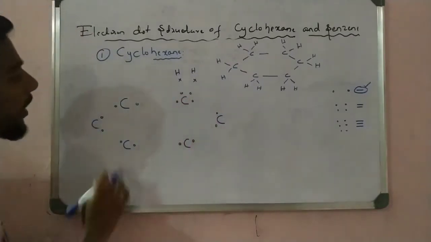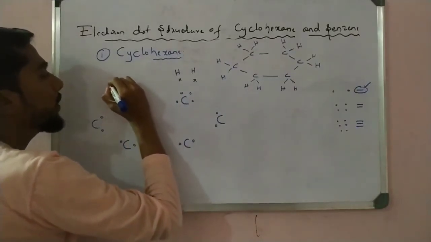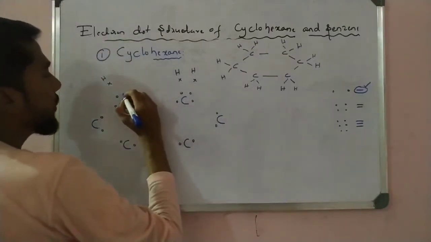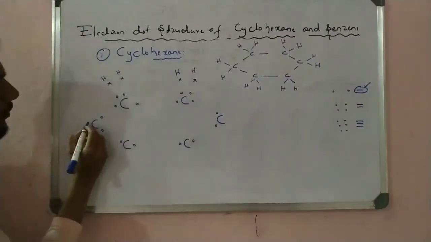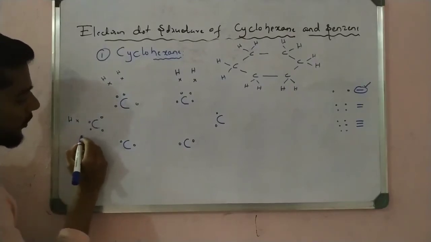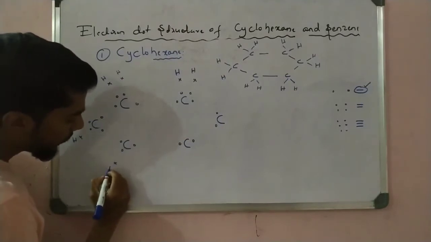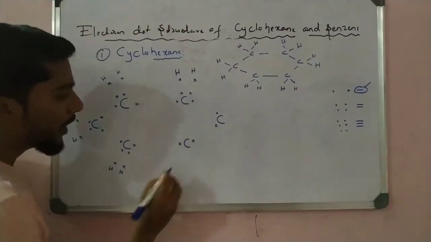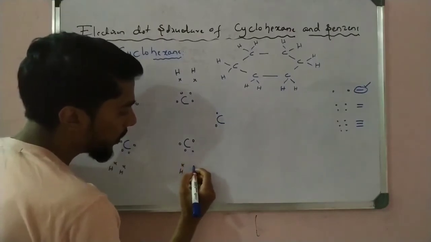Satisfied. So here again this carbon has 2 hydrogens. One is shared with 1 hydrogen here, like that. The cross is the electron of hydrogen. Then 1 electron of the carbon is shared with this second hydrogen. And here also the same, 1 electron of carbon is shared with 1 hydrogen and 1 electron of carbon is shared with 1 hydrogen. Again here, 1 carbon shares with 1 hydrogen, 1 carbon shares with 1 hydrogen. Now here also 1 carbon shares with 1 hydrogen and 1 carbon shares with 1 hydrogen.